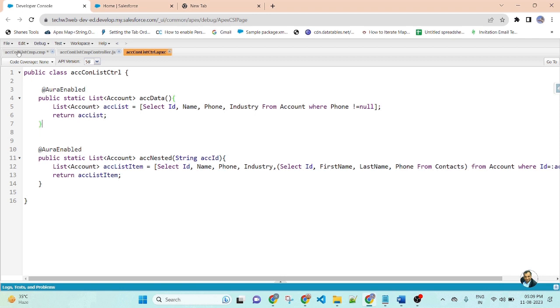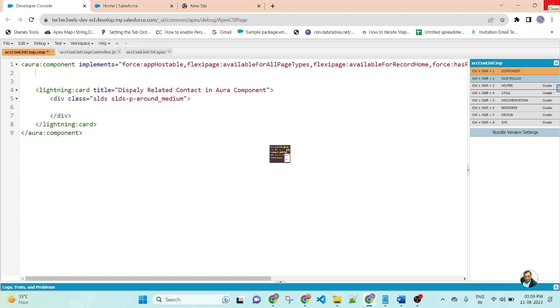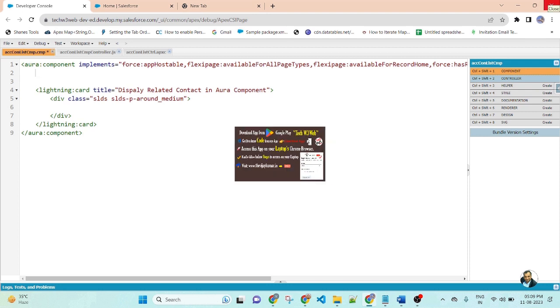Now let me go to the Aura component. So I will use the aura:handler init function.